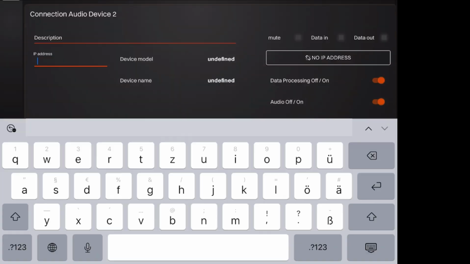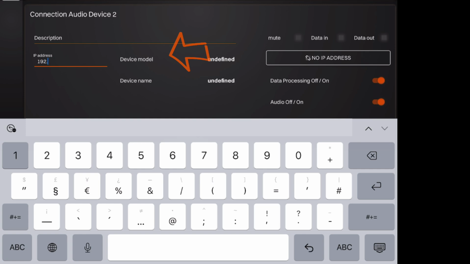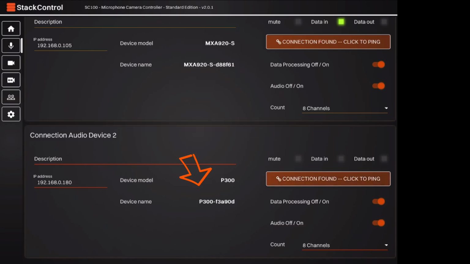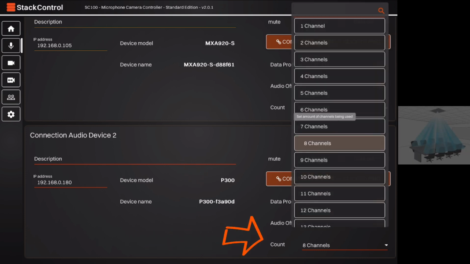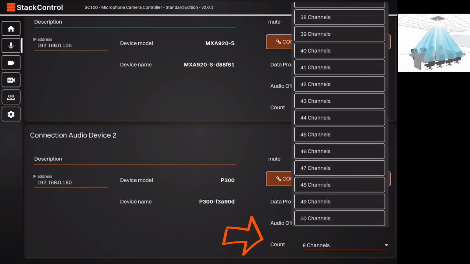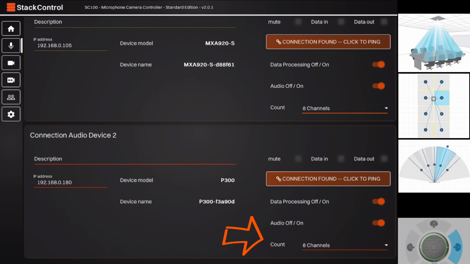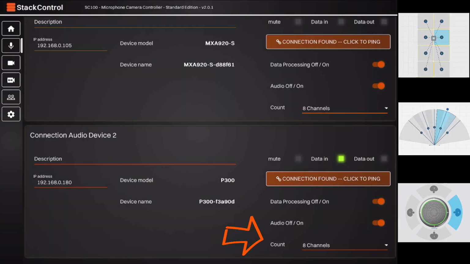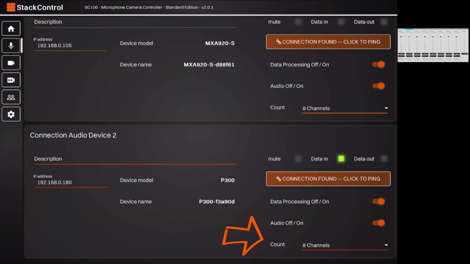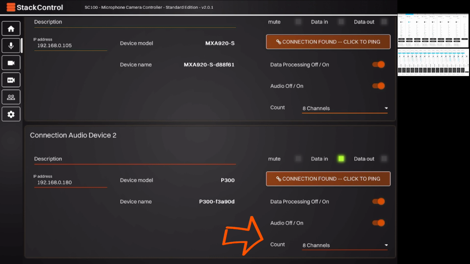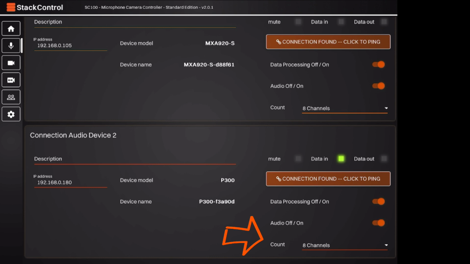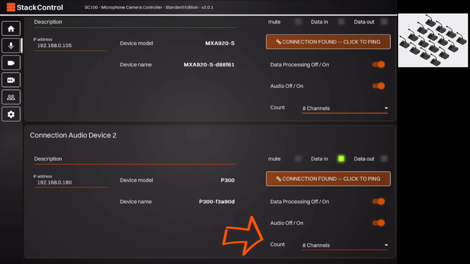In our example, we've connected audio device 1 to an MXA920, and now we'll enter the IP address of a Shure P300 for audio device 2, which will be connected to our microphone camera controller. The number of channels for each audio device should correspond to the number of lobes or coverage areas of the array microphones MXA910, MXA920, MXA710, or MXA310 being used. For the Shure P300 or IMX Room software, the number of channels should match the input channels of the IntelliMix automatic mixer. For the MXCW conference system, select the number of channels based on the number of participants in the